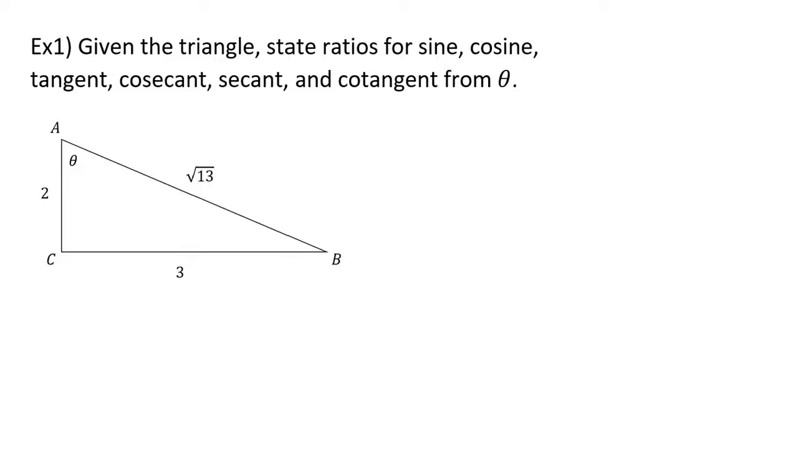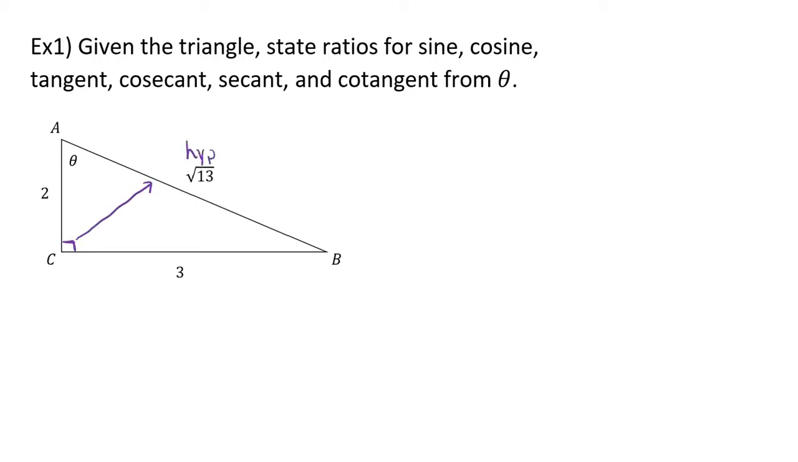Example 1. Given the triangle, state the ratio sine, cosine, tangent, and their reciprocals from theta. Before you really start the problem, you really need to label your triangle. So down here at angle C is our 90-degree angle, which we can tell from the picture, which means if we start at the 90 degrees and go through the middle of the triangle, the side we hit is known